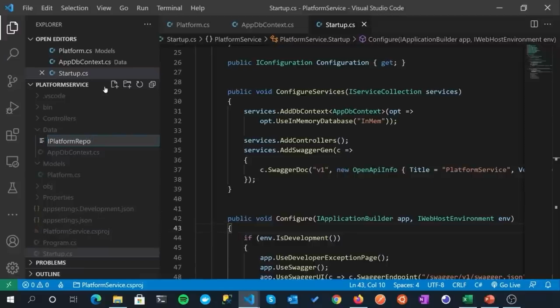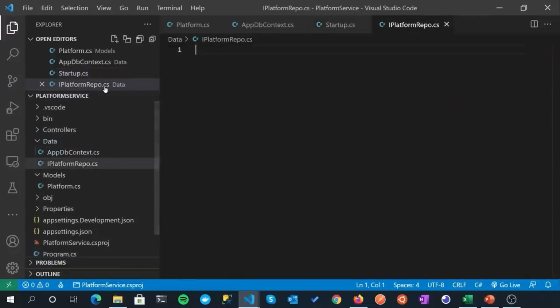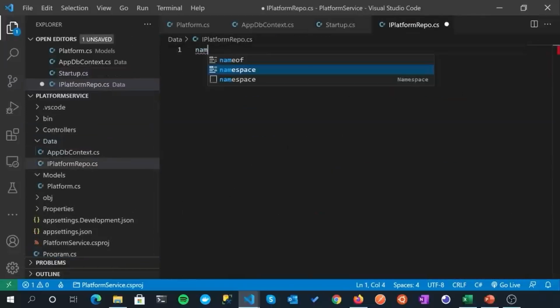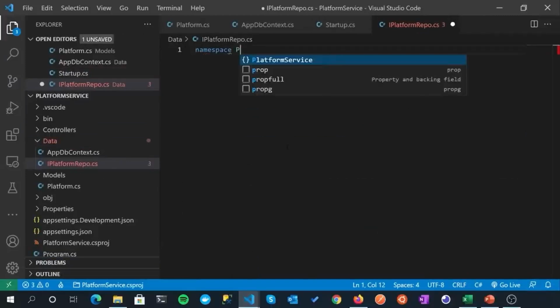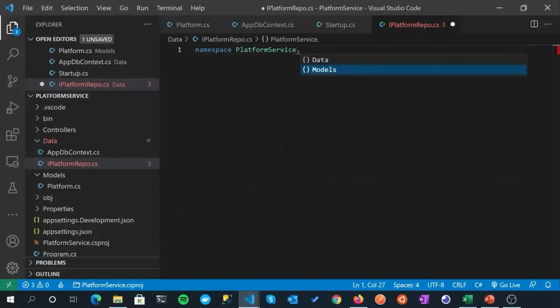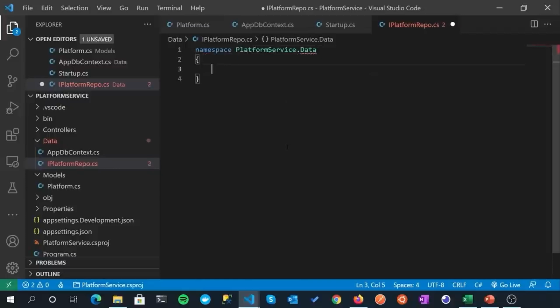Repo. All right, IPlatformRepo.cs. Okay, and namespace of PlatformService.Data. And it's just a public interface called IPlatformRepo.